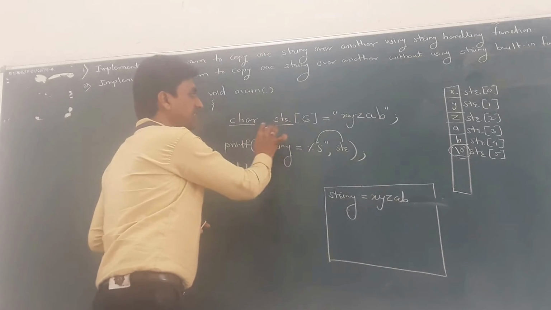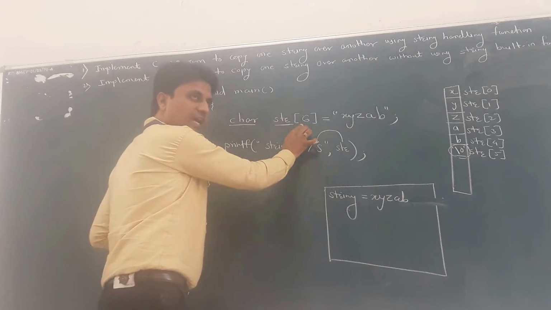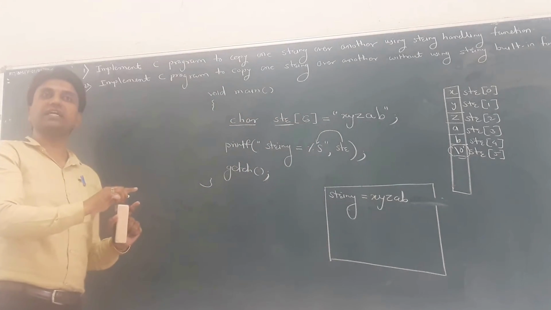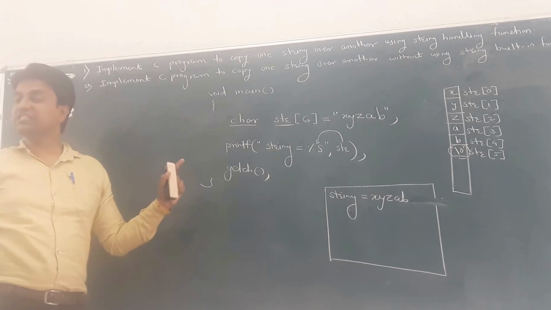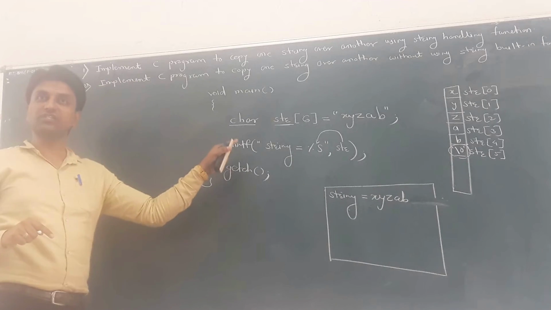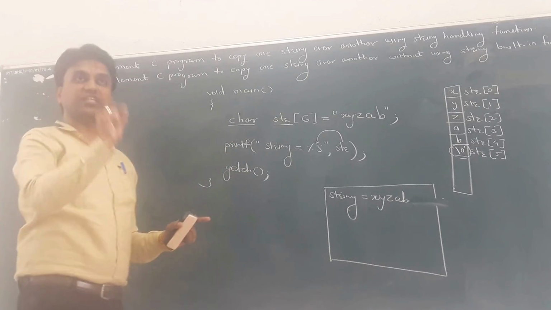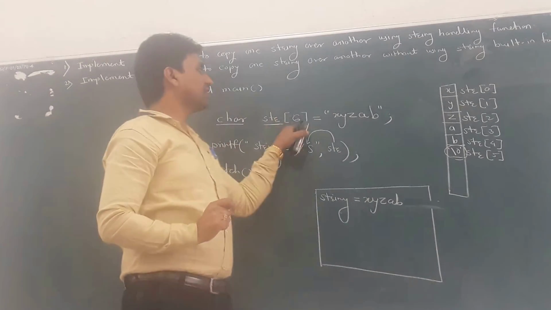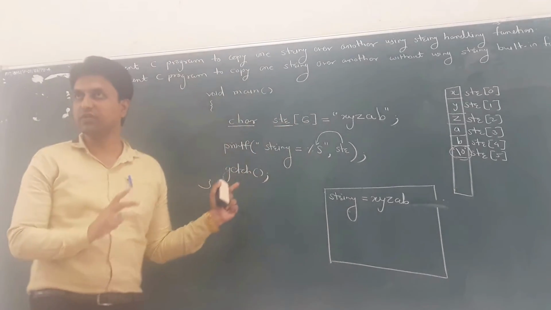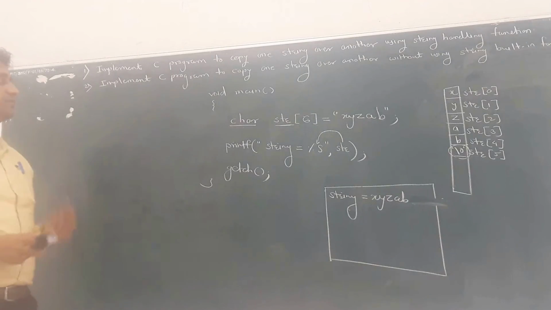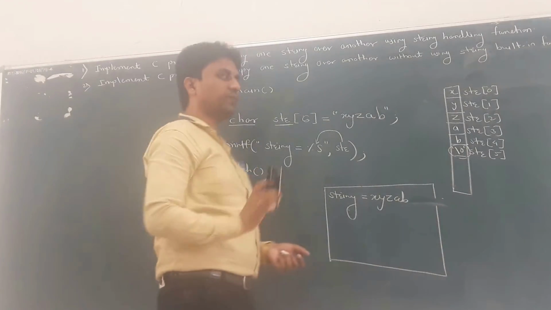So how can we initialize it? Using a character array. There is no separate data type called string available in C, but in Java and .NET there is a separate data type available for string, and that data type name is String itself. But here, a character array itself is treated as a string. Clear? Okay, so this is the one point.